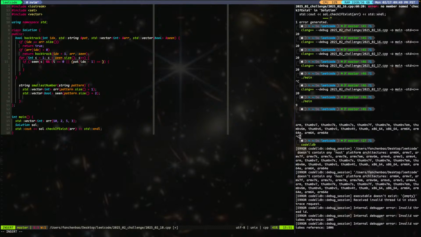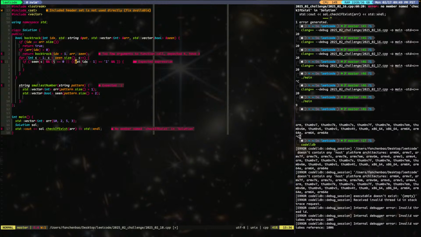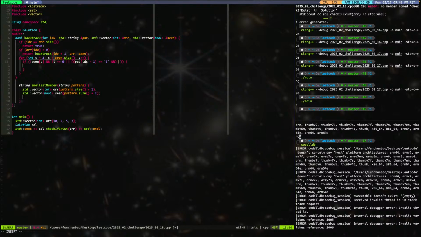If pat index -1 is equal to I, then we do something. Oh, I realized this has to be another parentheses here. It's basically and something or something, right? So if it's I, then